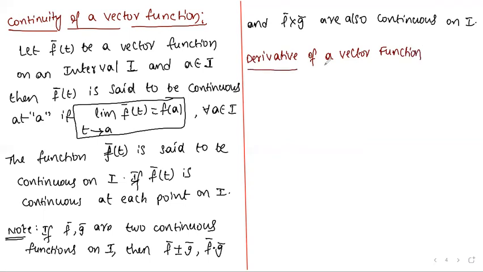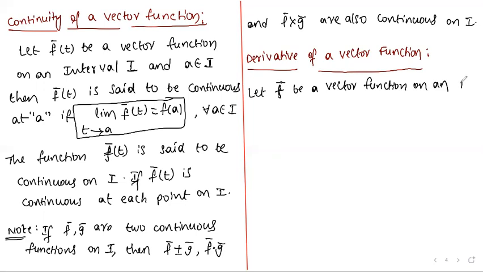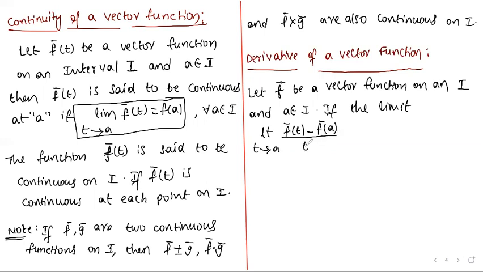Derivative of a vector function. Let f bar be a vector function on an interval capital I, and some element a belongs to capital I. If the limit as t tends to a of (f bar of t minus f bar of a) by (t minus a) exists,